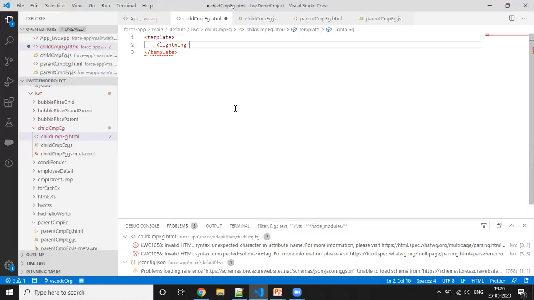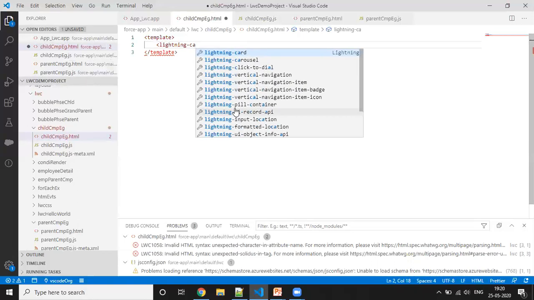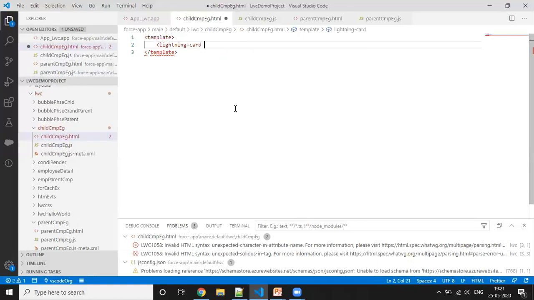Inside a lightning card, I'm giving some classes for the look and feel: slds-var-p-around_medium, and just giving a title, something like child to parent.